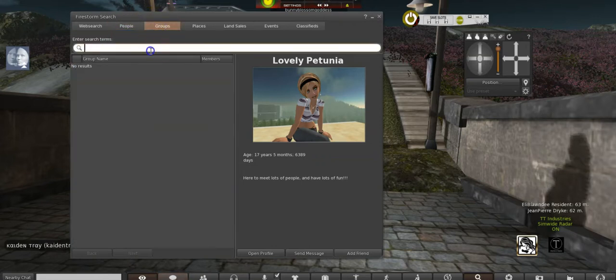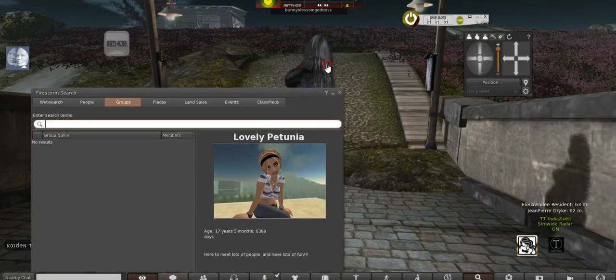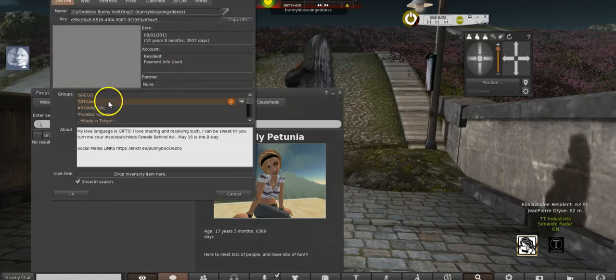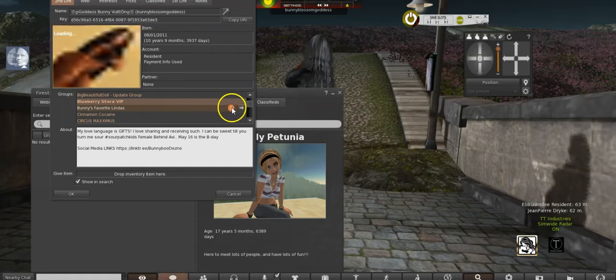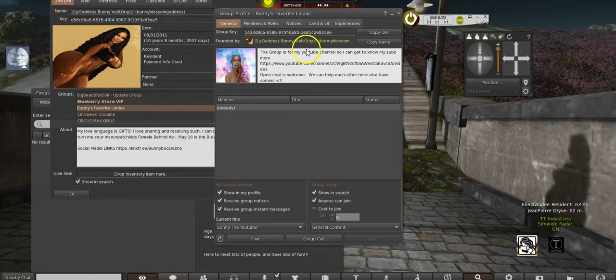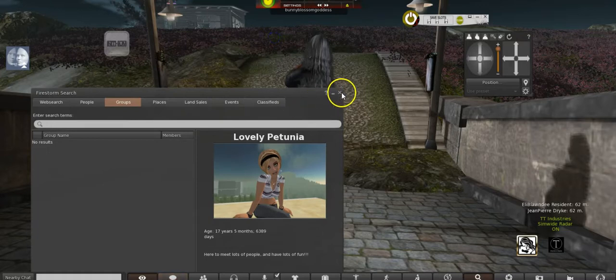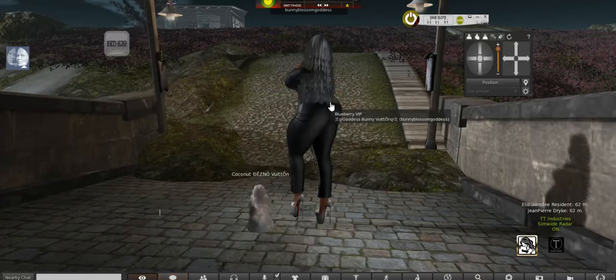And then groups, you can look and see what groups you need to add. For example, you can do mine, but mine I already have in my profile. Bunny's Favorite Lender. So if you see me in world, you will see it in my profile, and you will just see it pop up. So yes, you can go ahead and subscribe, but also join my in-world group to keep posted about stuff. Okay, so then